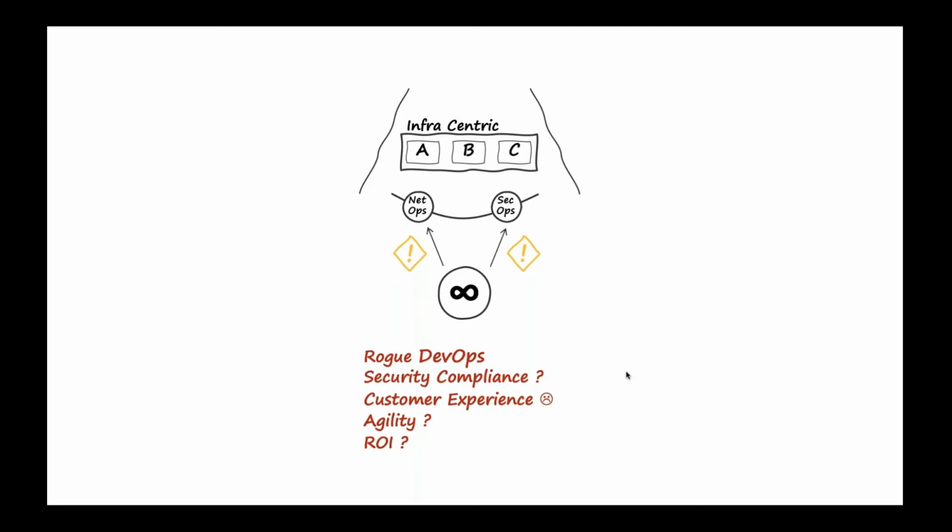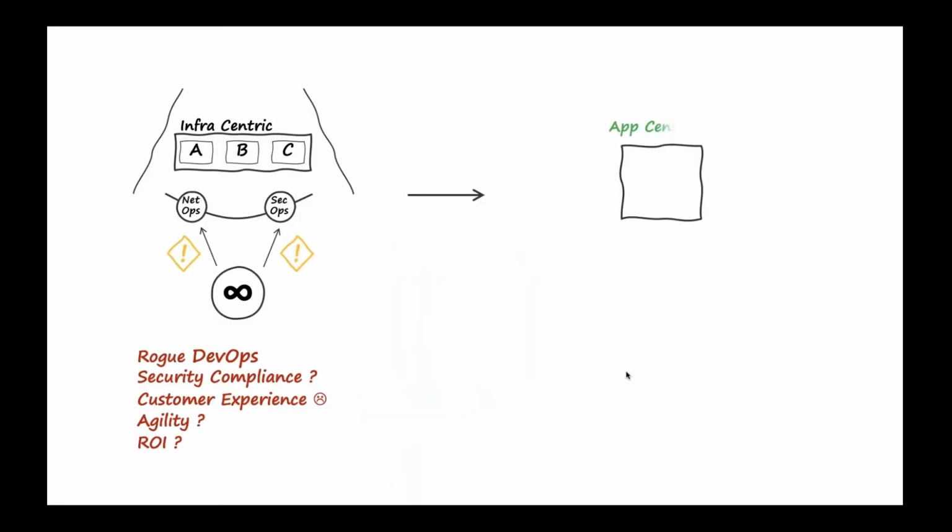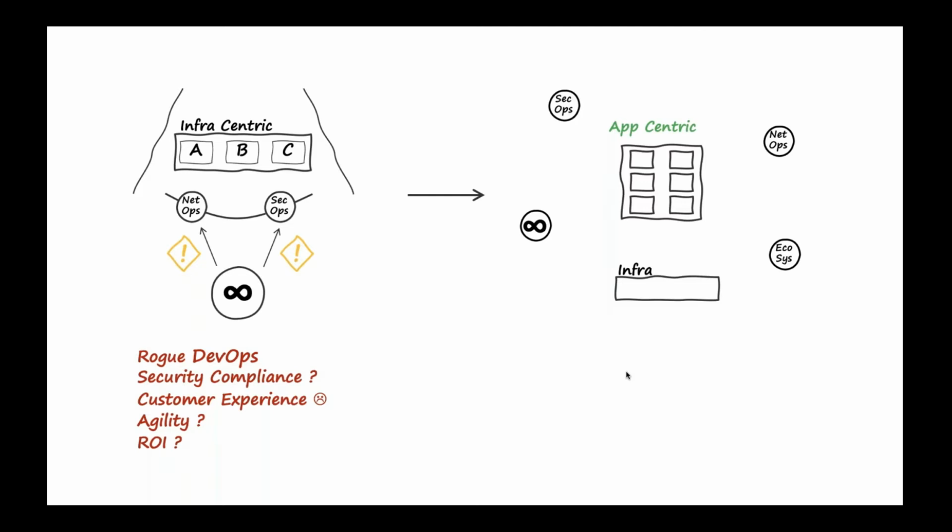So what about security? What about customer experience? Are we sure that the application we are building is something the customer likes? Therefore, we are going to move more nowadays to an app-centric approach instead of an infra-centric approach, where infra is just used by different groups within our system, like the NetOps teams and the SecOps teams, and we are also going to use different ecosystems that we integrate into our applications by